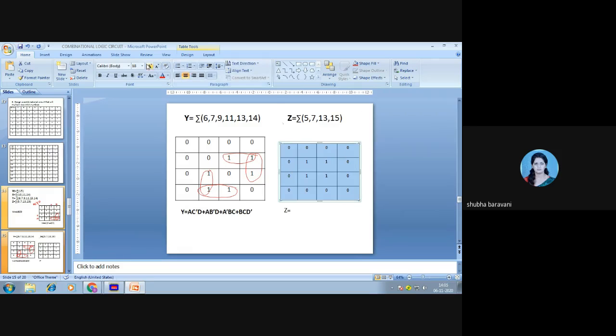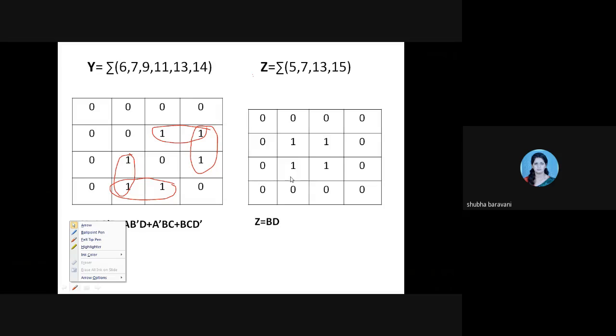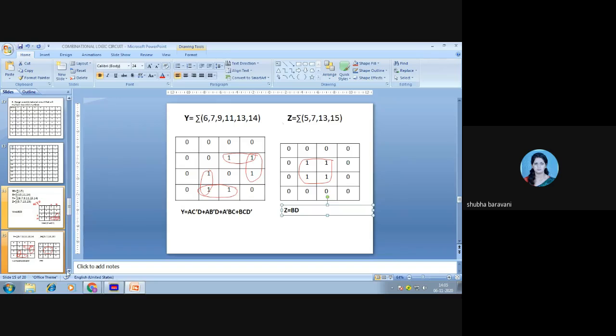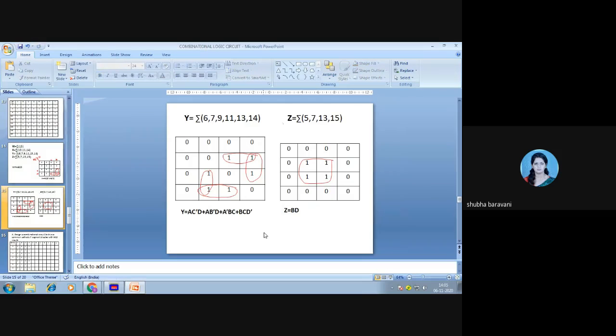Check your Z. So Z turned out to be BD. Correct. All have done up till here? You get only one group of 4 cells. So it's BD. Done, everyone?